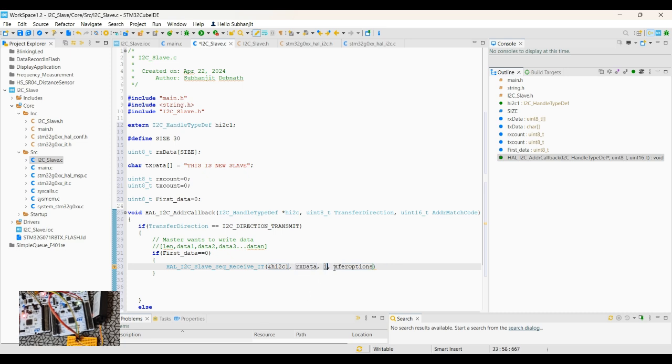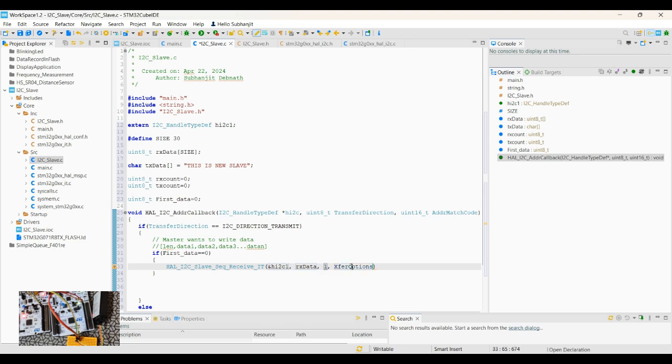So let's say that we will be receiving the first data. Just understand this, in the I2C communication the data is received one by one. Okay, so we are saying that we will be receiving only one data, so that we receive the length first. Here we are giving size 30, so the zeroth data will be the length. So first we are focused on receiving the length. So we receive one, and in this